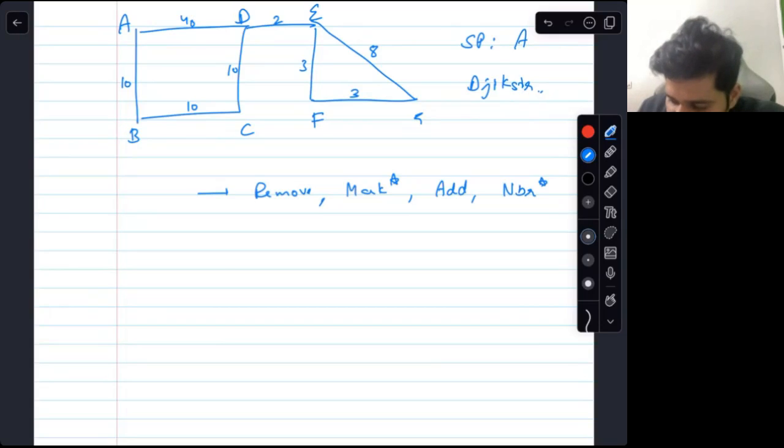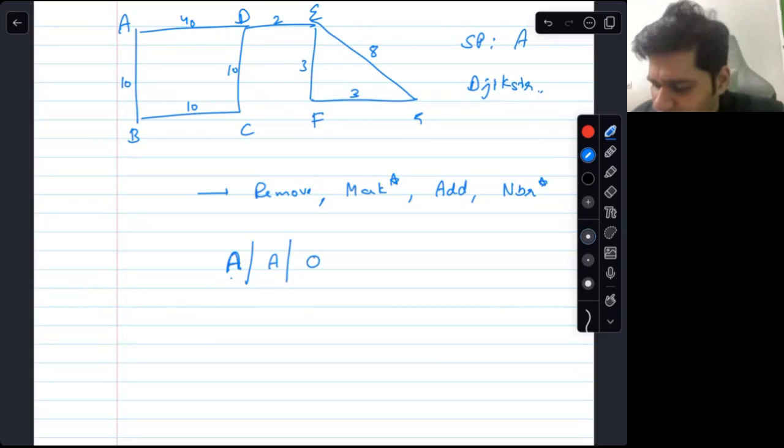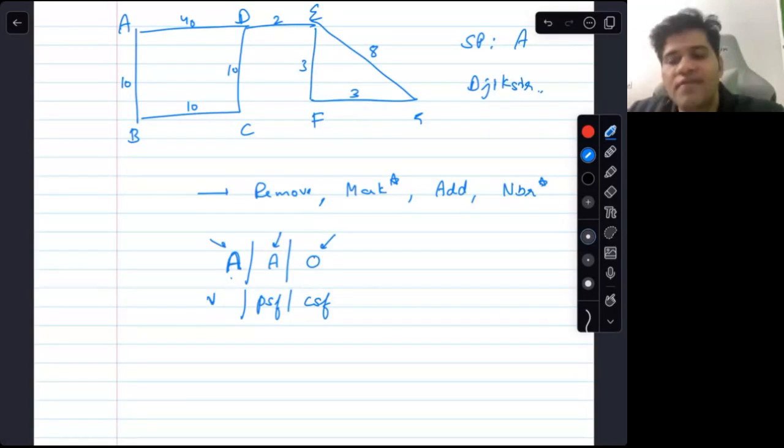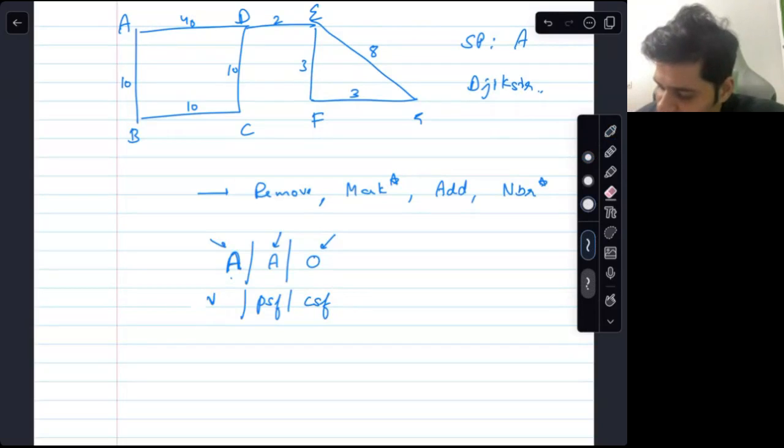So the first thing that you add to a tree, for now let's call it a tree. It's actually not a tree, it's something called a heap. But let's call it a tree for now. The first thing that we add to the tree is the starting point. And we say the path from starting point to starting point is A and the cost is 0. So actually initially what I'm saying is, where are we? What is our path so far? And what is our cost so far? Vertex, path so far. What is the path that we have taken so far? Cost so far means how many kilometers we have traveled so far. Okay, so this is the first thing that we have added.